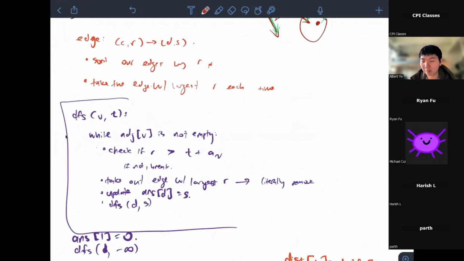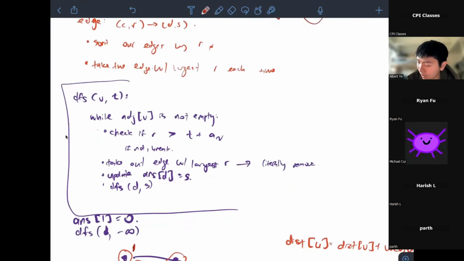it would be very complicated to factor in the layover, ignoring the layover times if we were to set the initial location to 0, because then we have to check whether it's an initial location, and that would add a bunch of lines to our code, and there's nothing that I hate more than extra lines in my code. So the best way to do this is to start this at -infinity so that we can just ignore all the layover stuff, and it's not going to cause any more issues because all the time steps are positive anyways. So while we have edges left,